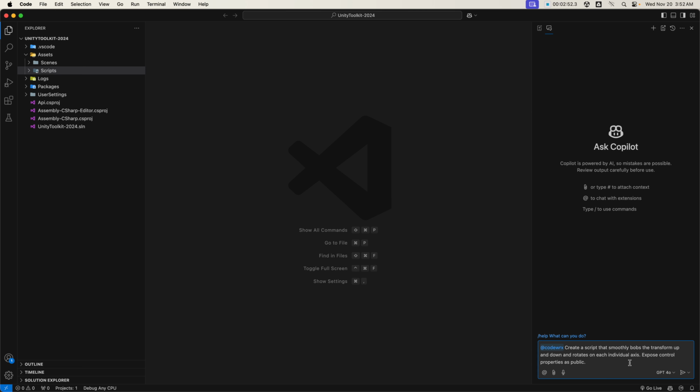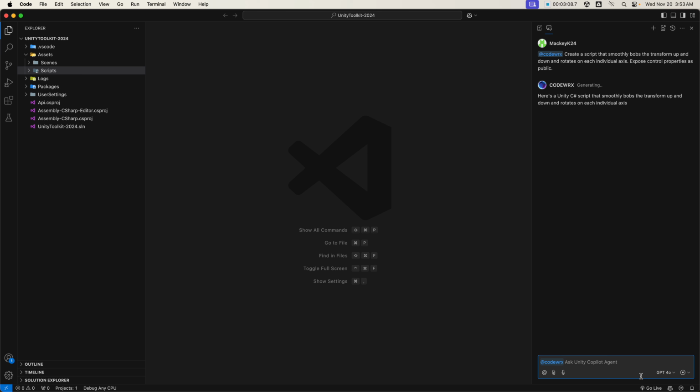So I'm just going to paste that prompt in there that says we want to create a script that smoothly bobs the transform up and down and rotates on each individual axis, and expose the control properties as public so we can set them. So I'll hit enter, and it's going out. It's creating our